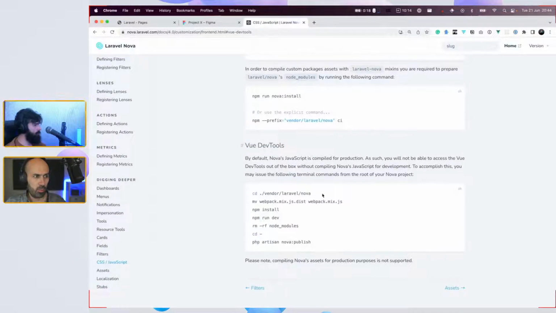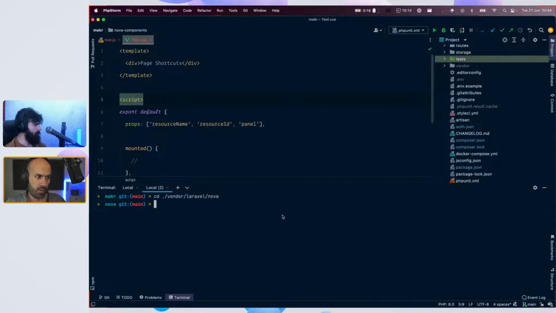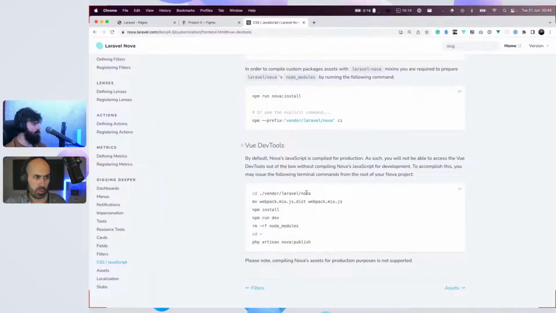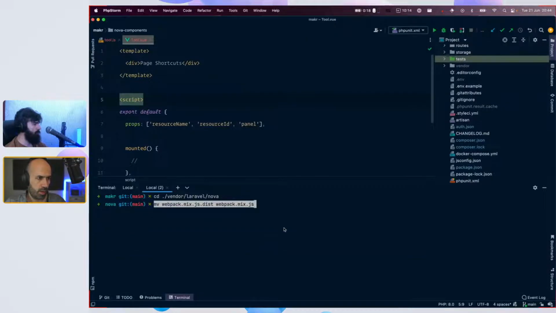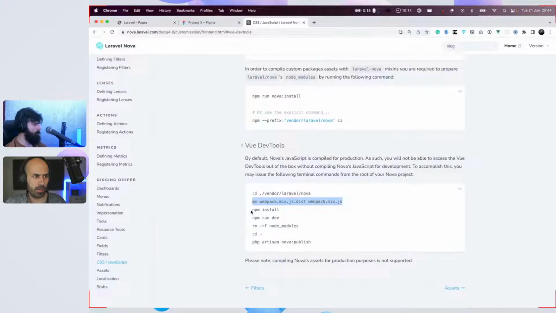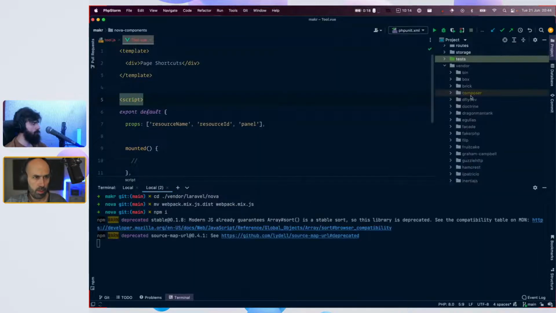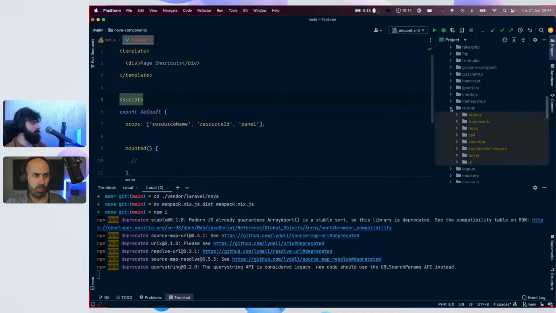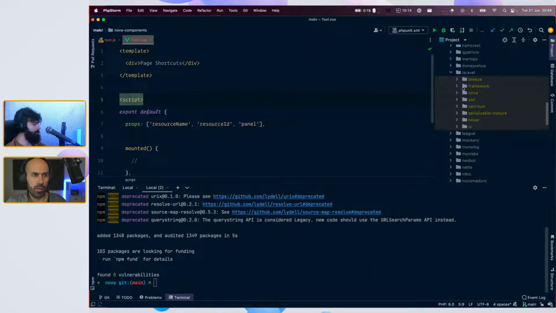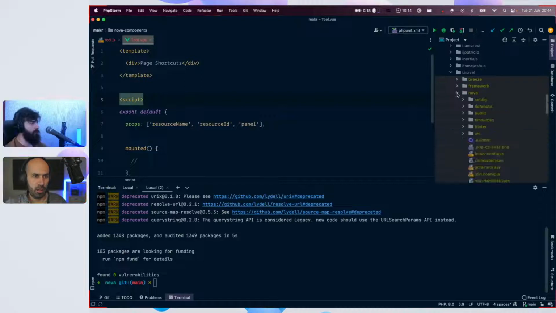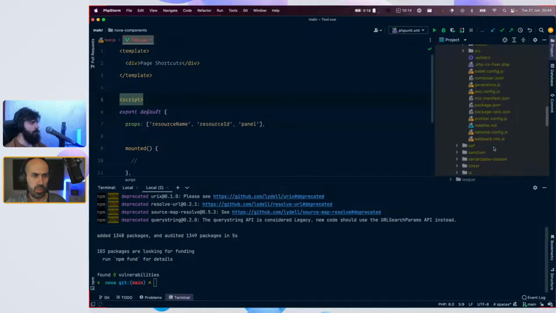What we have to do is go to the vendor directory, the Nova folder inside Composer, and change a file. For the regular Webpack, we want to npm install its dependencies. It's essentially the source code for the Nova SPA.